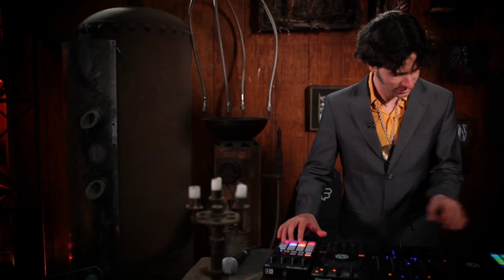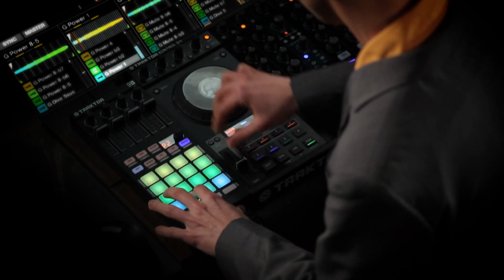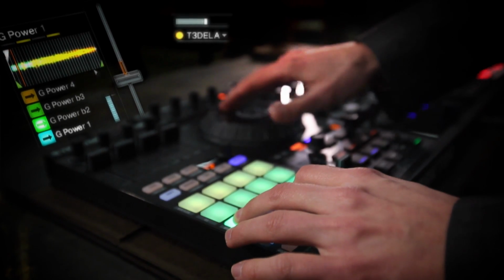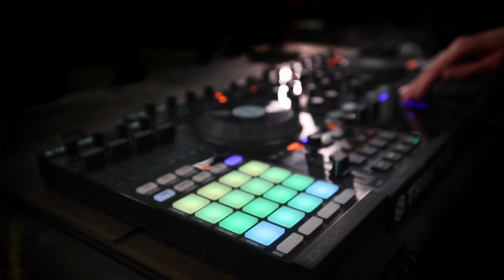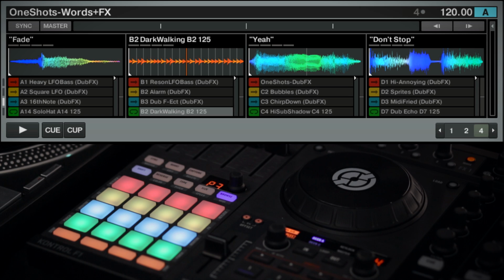The best level of control over the remix decks is achieved when using the new Kontrol F1. This device is the same size as the Kontrol X1, but features buttons, knobs, and sliders that are all mapped to the remix deck. As an add-on controller, the F1 is designed to provide exclusive controls which no other DJ controller can provide. The F1 controls the inner aspects of the remix deck, such as triggering individual samples,